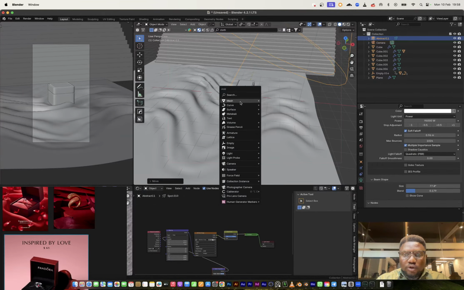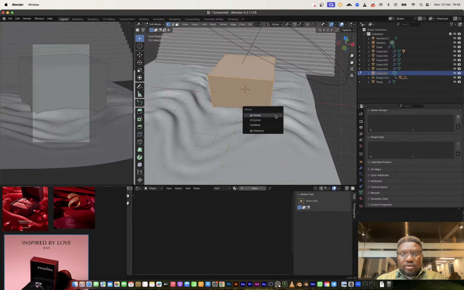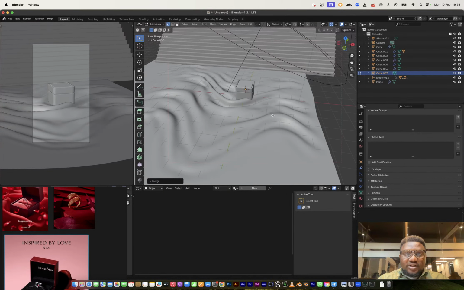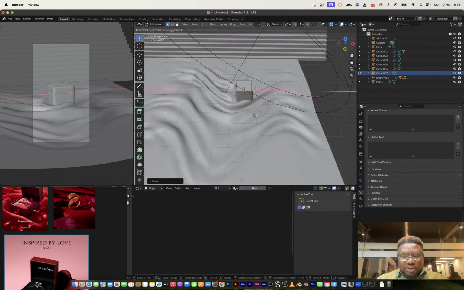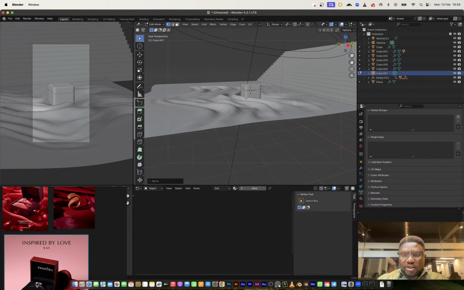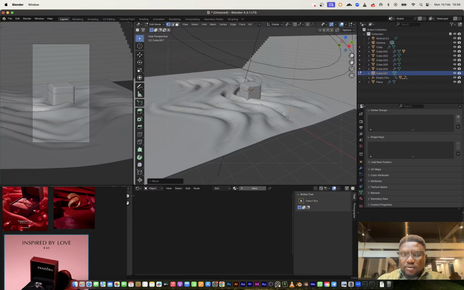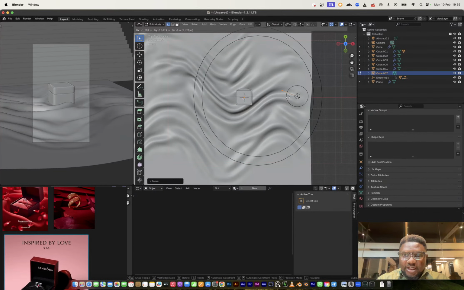So for the ribbon, I'm going to bring in a cube, scale that. I'm going to select all of the vertices, merge at center, and I can GX just like so. So let me GX to the other side. So the idea now would be to go from the z-axis, so I can extrude this, and what I'm doing right now is just creating the path that the ribbon is going to follow. So I can extrude this like so, extrude this, extrude right here, and then close on this side.